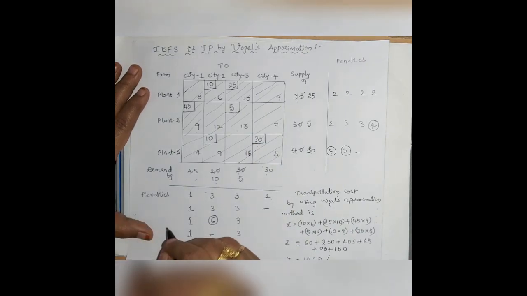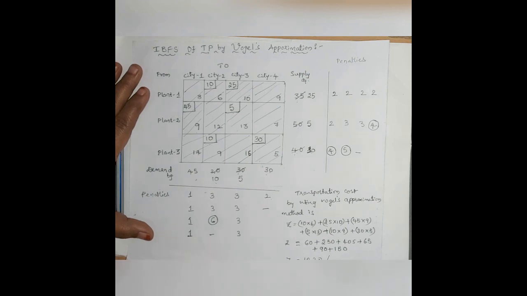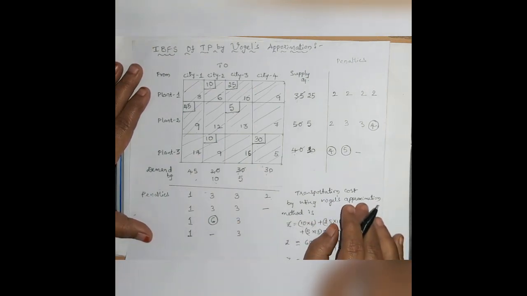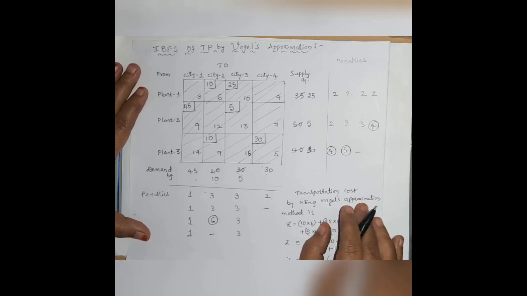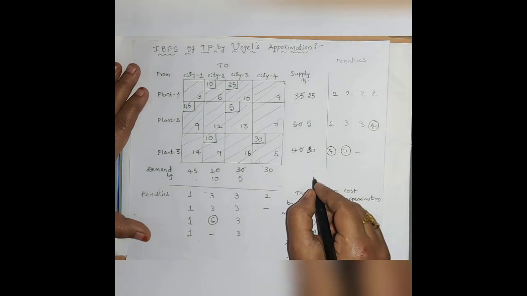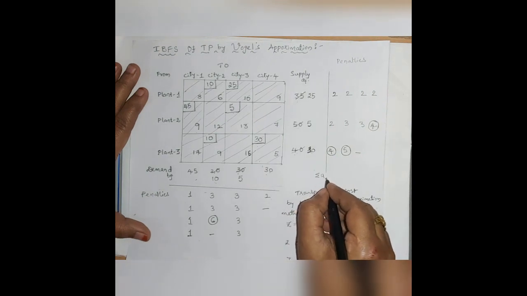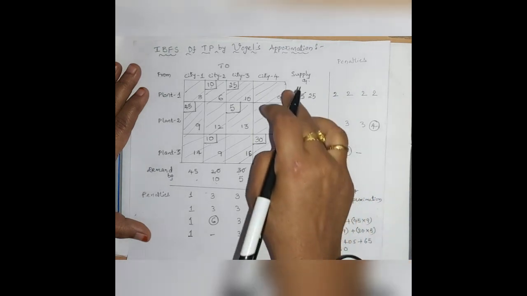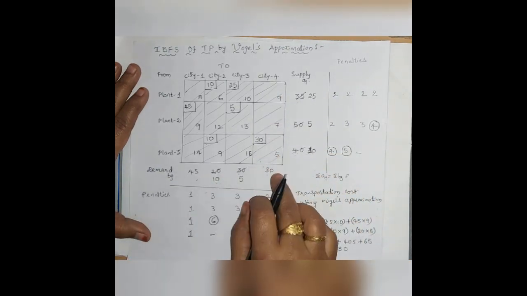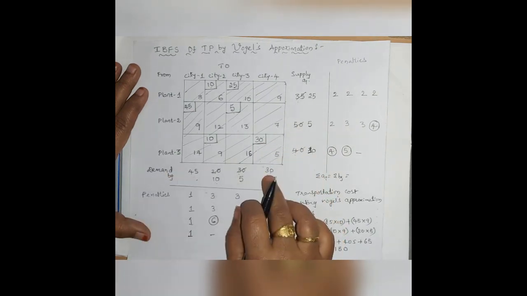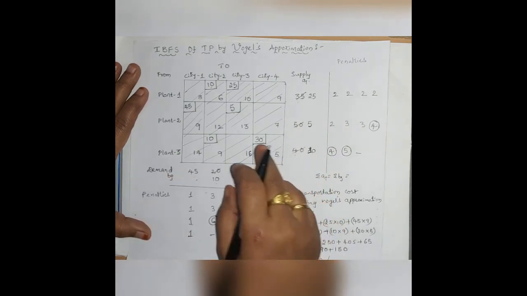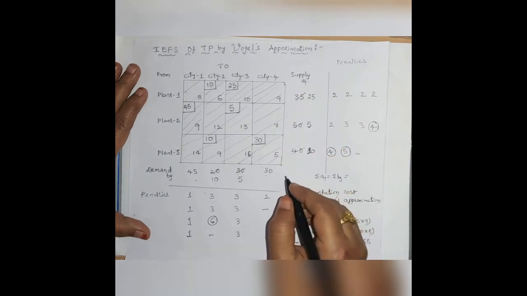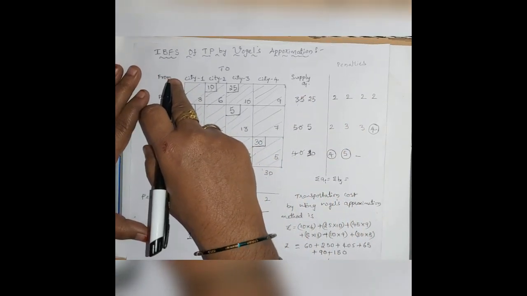And before using the Vogel's approximation method or any method for obtaining the solution of a transportation problem, you need to check for the balancedness of a transportation problem. So what is balancedness here? So if a problem has the total of the availability equal to the total of the requirements, then the problem is said to be balanced. So you can see the totals, the total supply and the total demand, so that the IBFS can be obtained.